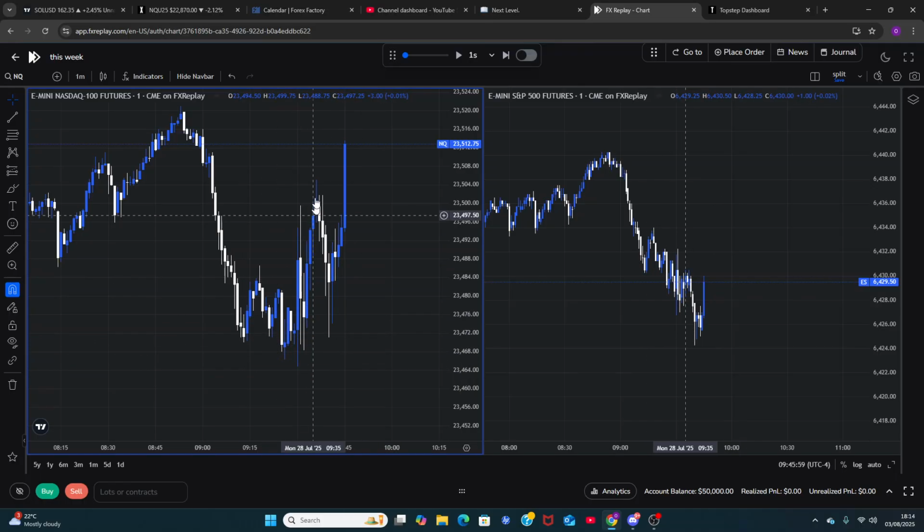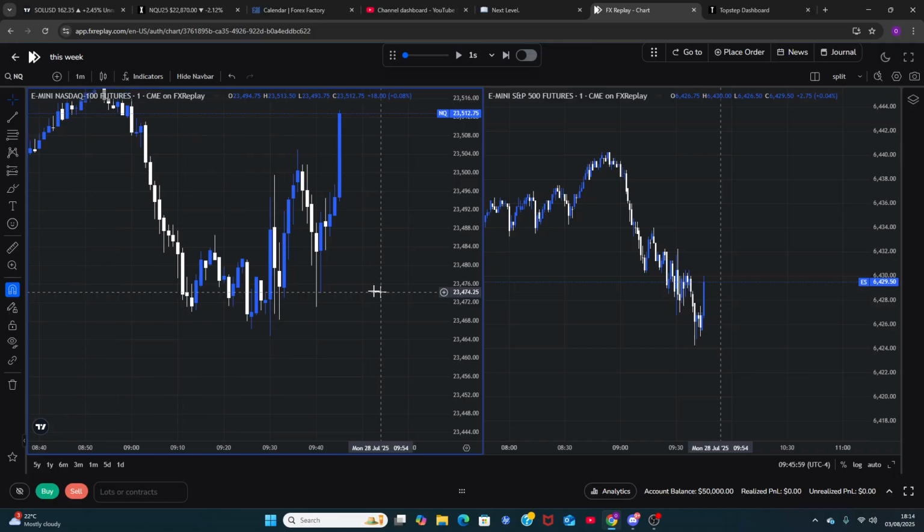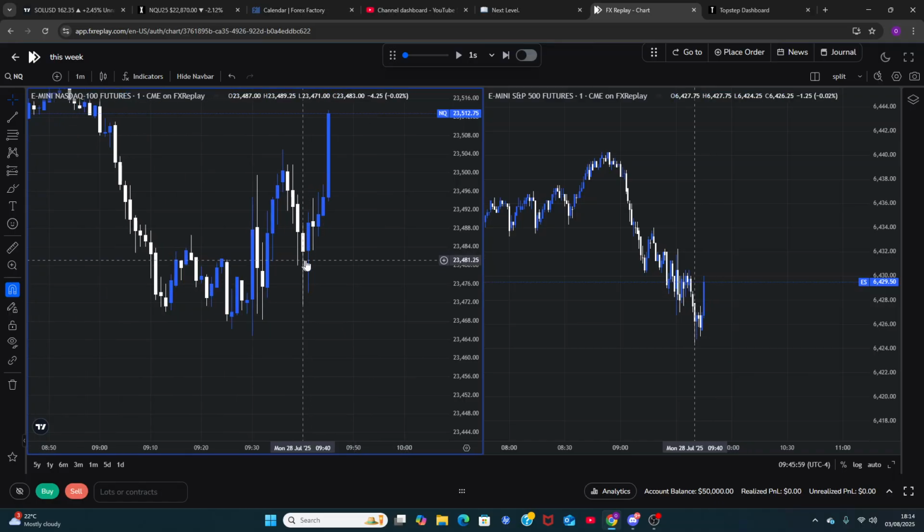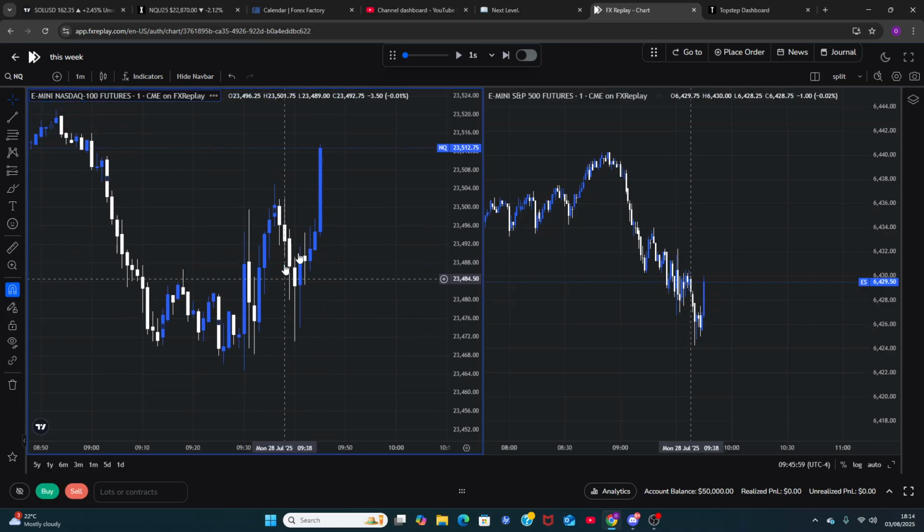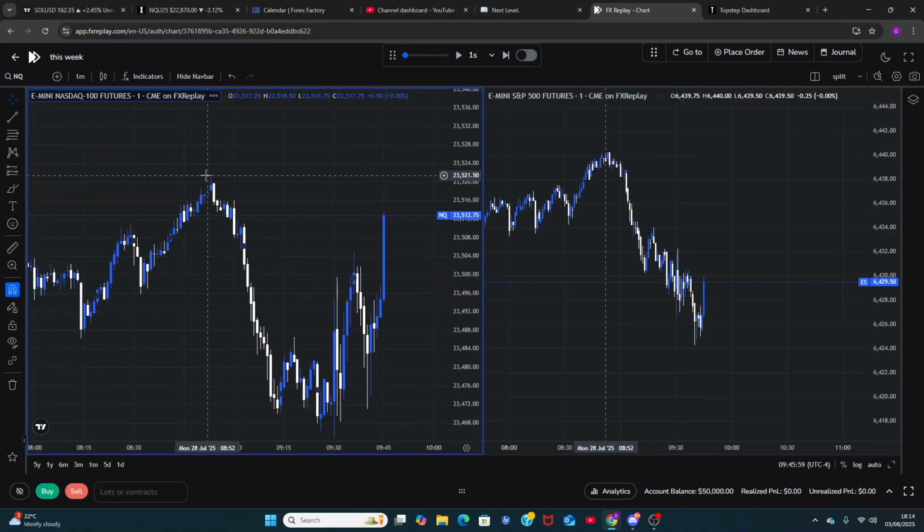Went higher, right? Came right back down. Took out all the short sellers. Why do we take out all the sellers? These two candles here are very, very important. They tried to come lower, went back inside this little range, went right back up again. So entry here would have been nice, but obviously I missed it. Entry here would have been nice, and you target your little high right there.